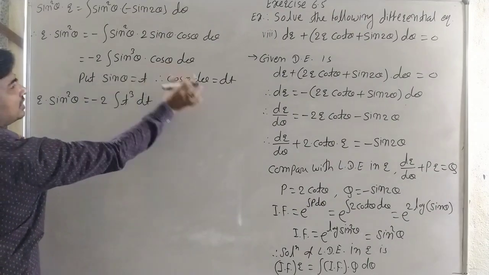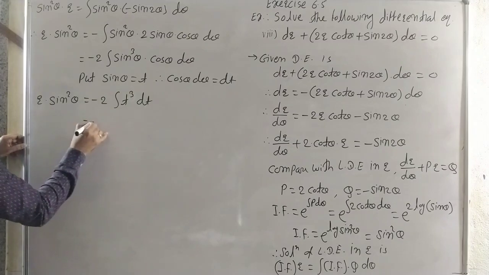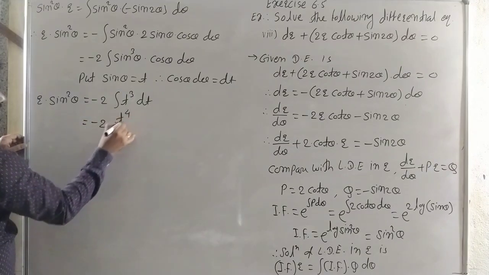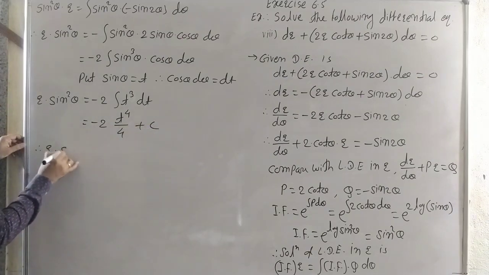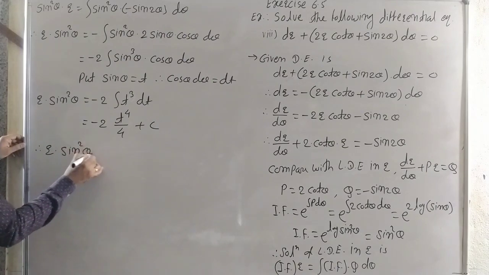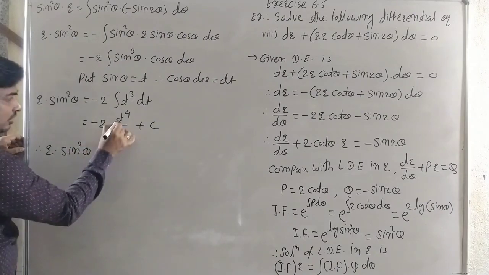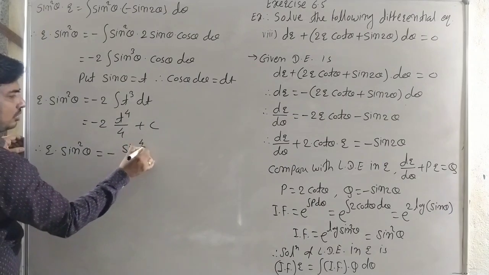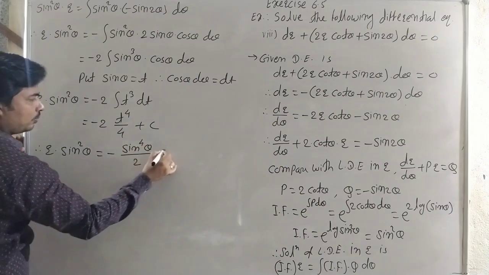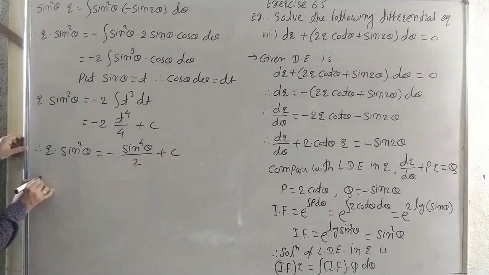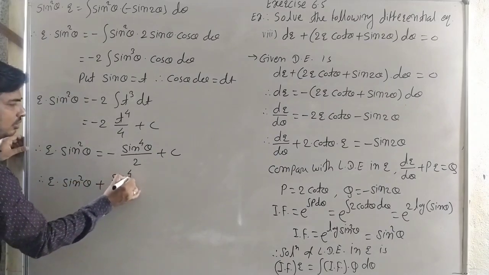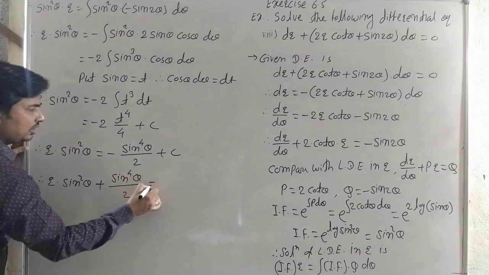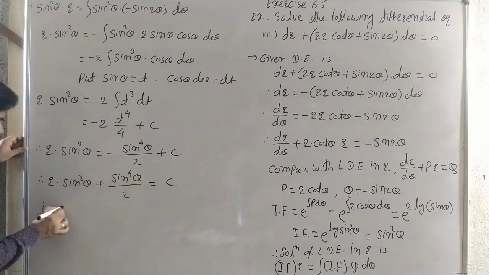It is t cubed dt. Then the integral is minus 2 into t to the power 4 upon 4 plus c, and therefore r into sin squared theta is equal to minus t to the power 4, that means sin to the power 4 theta upon 2 plus c. Therefore, the last answer is r into sin squared theta plus sin to the power 4 theta upon 2 is equal to c, which is the general solution